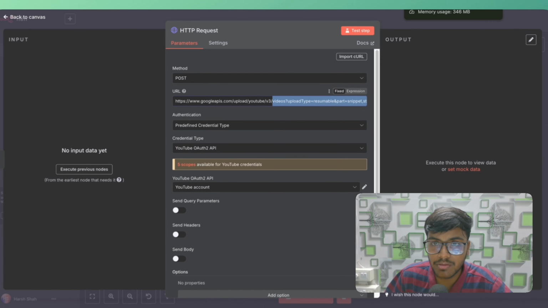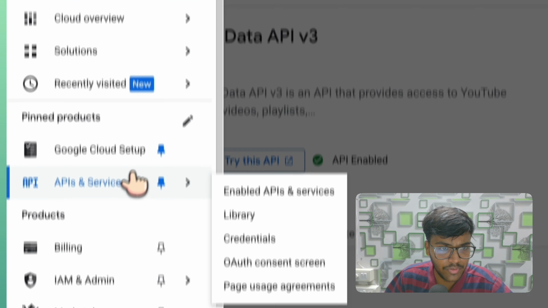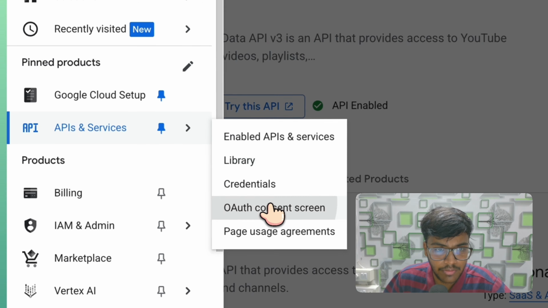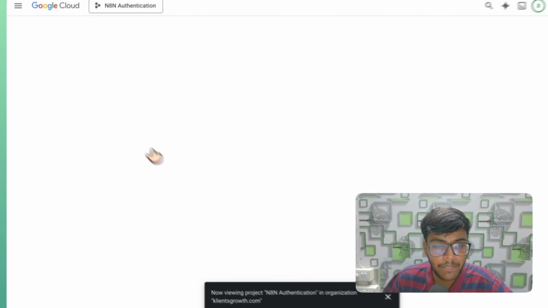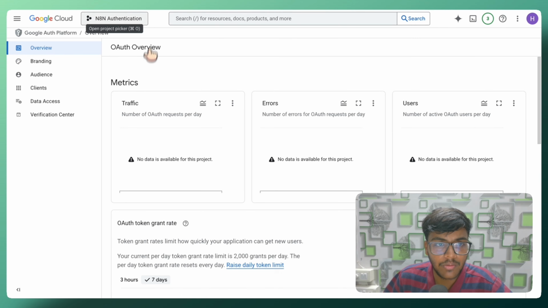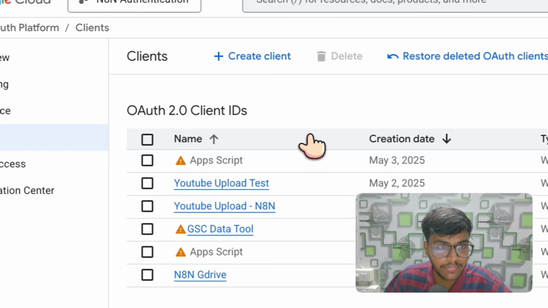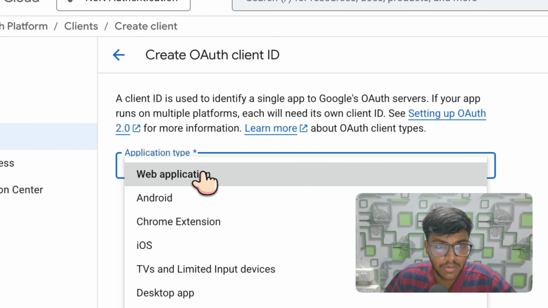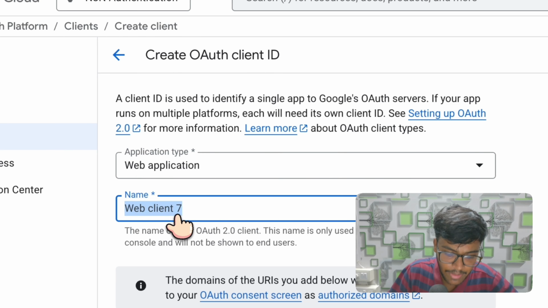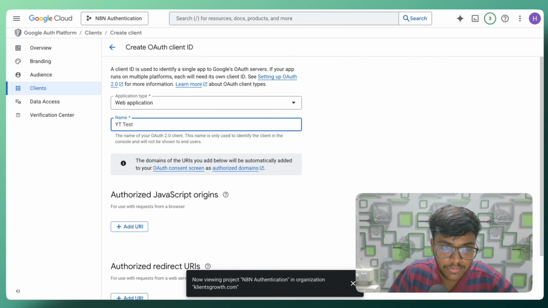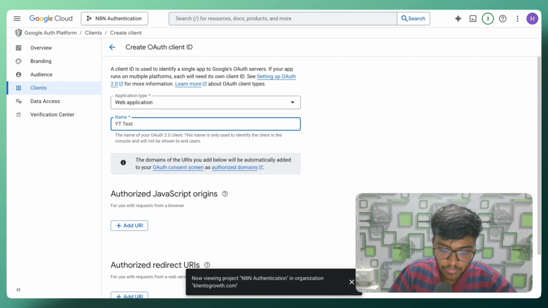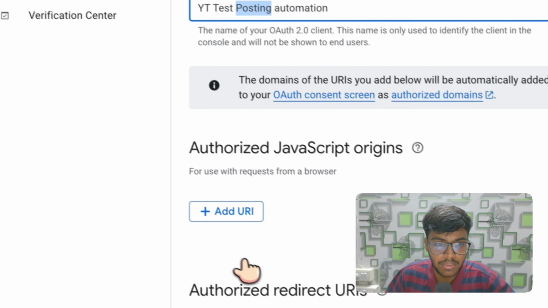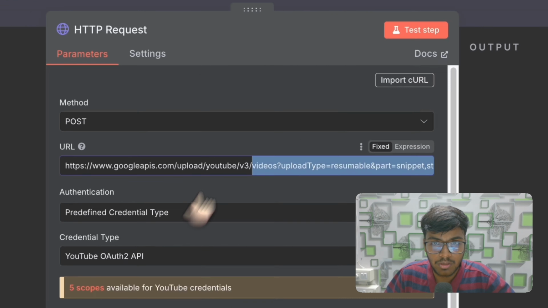Now, once you have enabled that, the next step is to click on this three-line icon, come out to the API services, click on this OAuth consent screen, and now click on this client and click on create client. Under this, select web application, and give it any name that you want. Let's say YouTube test posting automation. This is the name, and under the authorized redirect URI, what you should do,